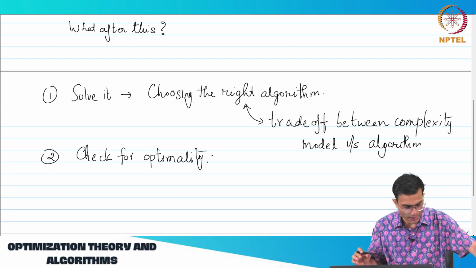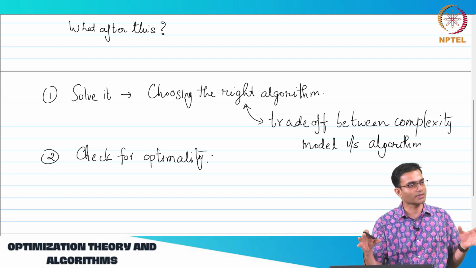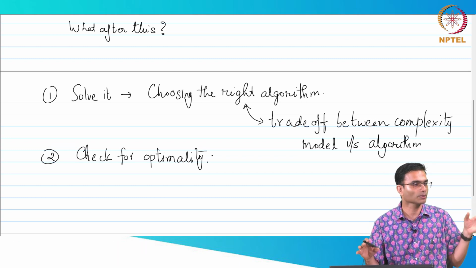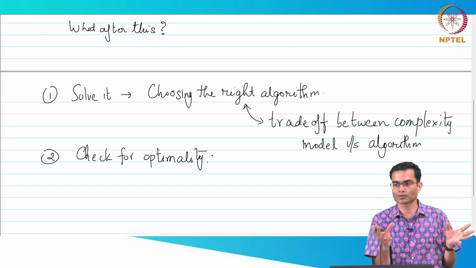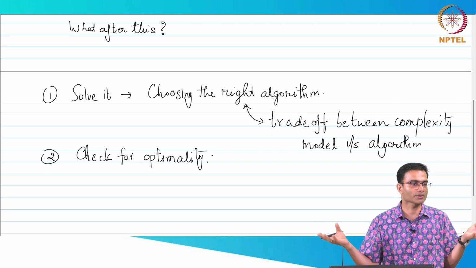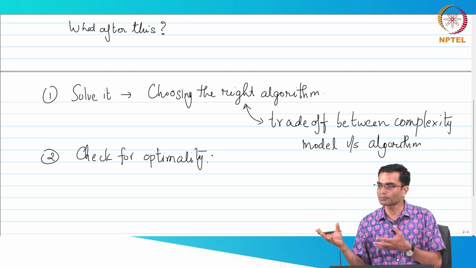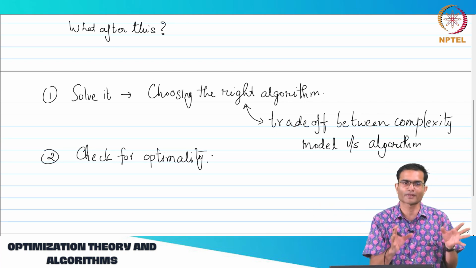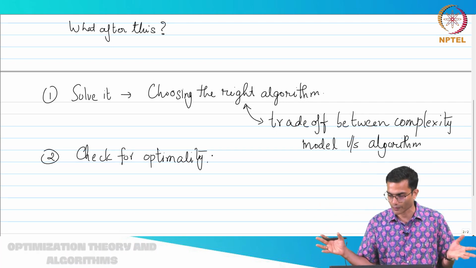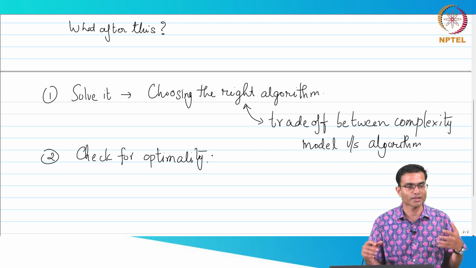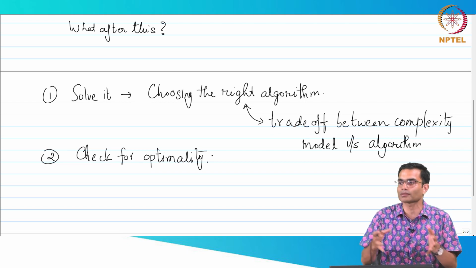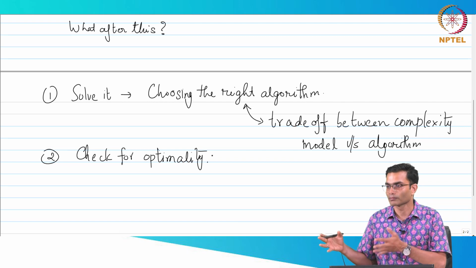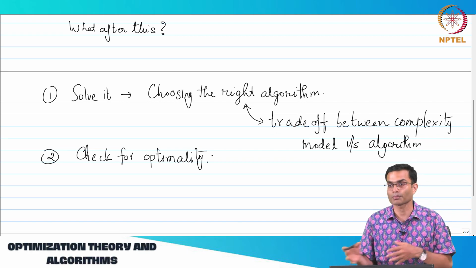So in a nutshell, this entire course is based on just these principles: modeling the problem, finding an algorithm that solves it, and then checking whether the solution I've got is optimum. Another word for optimum: is it good, is it best? You'll find different words which convey the same thing. Is this what I wanted? Or is there a better solution possible, and it's just that my algorithm did not arrive at it? That is also possible. There may be another solution.